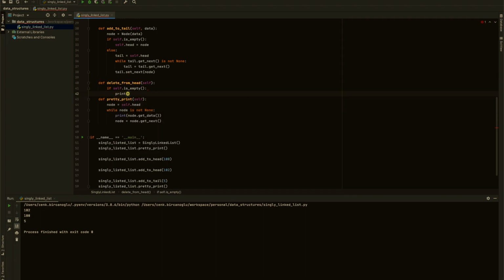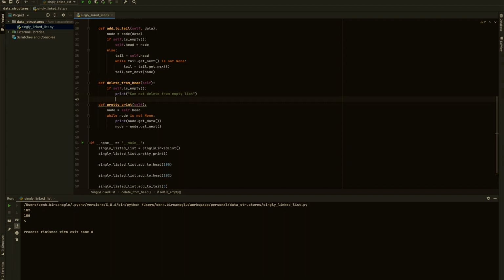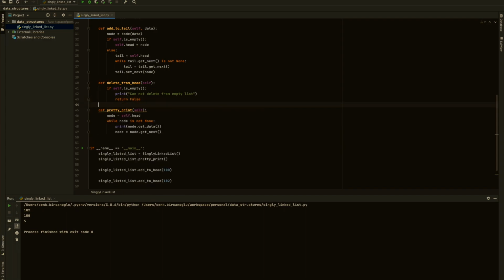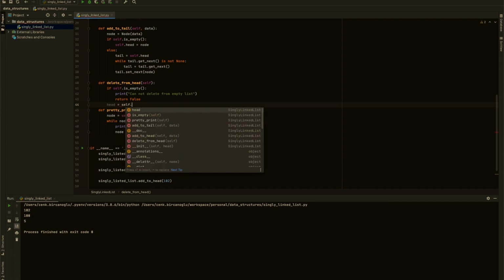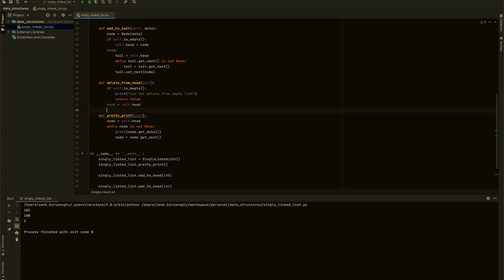I don't want to raise an error, I just want to print something: "Cannot delete from empty list" and return false. You can return anything, or you can create an exception in here. It's all okay. If the list is not empty, I want to get first the head value, and then